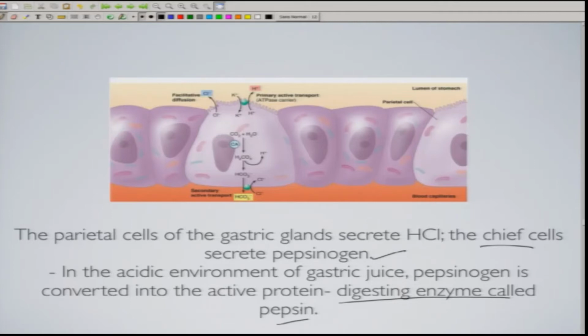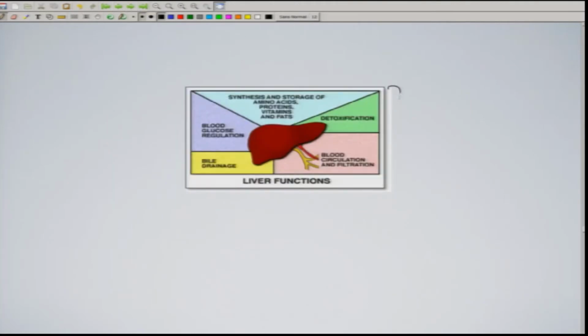So, what is happening essentially is that HCl is never stored there. It is the co-transport of chloride and protons, H plus ions, which results in the formation of HCl, and at a specific time this HCl is secreted. Okay. Now, coming to the liver function, as I told you, this is involved in